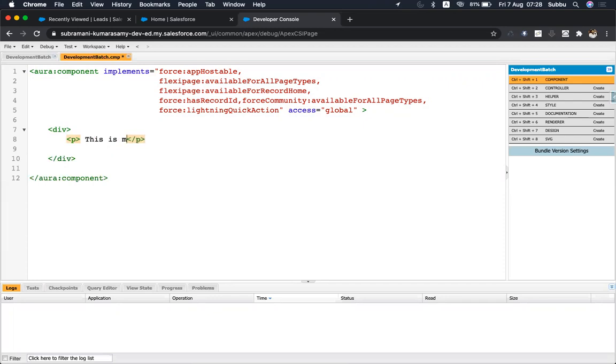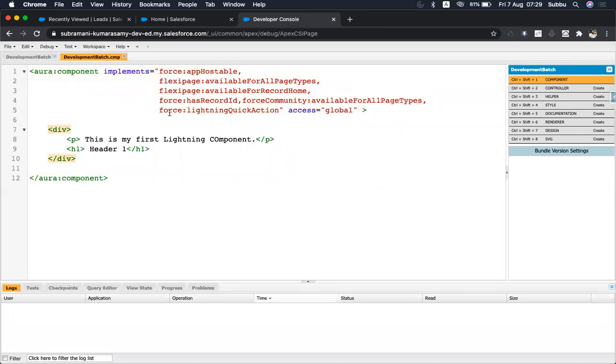This is my first Lightning component. You can use your HTML components also, like H1, or all the HTML tags, inside this Aura component, this component page.